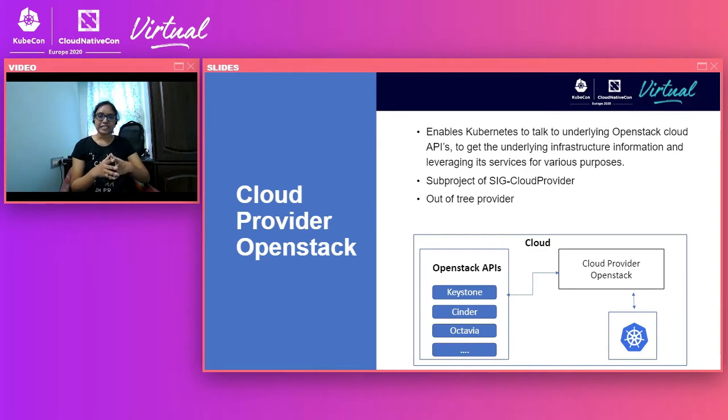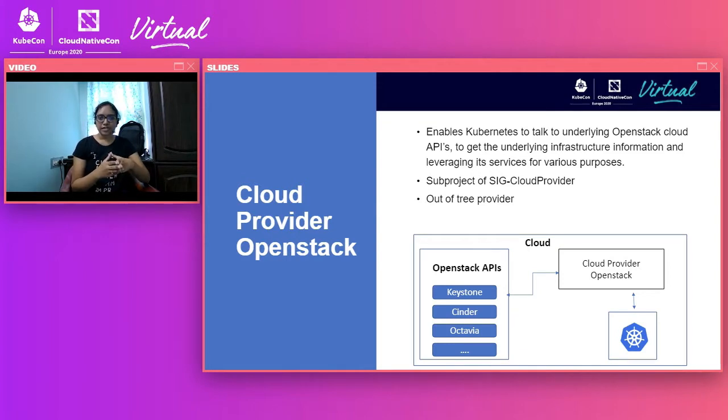So basically, it acts as an interface between the host OpenStack cloud and Kubernetes. If you look at the diagram, cloud provider OpenStack integrates with Kubernetes by implementing its cloud provider interface, and in turn cloud provider OpenStack talks to the OpenStack APIs to get various other information.